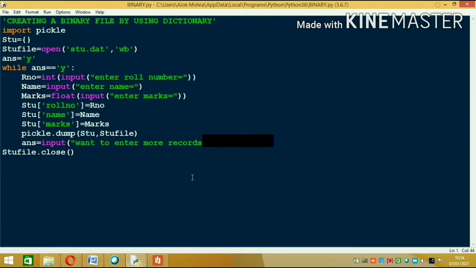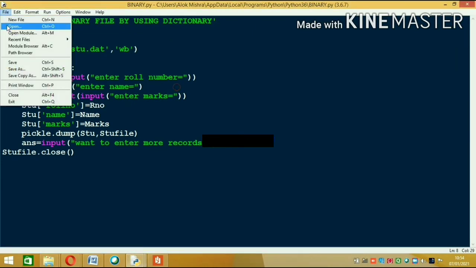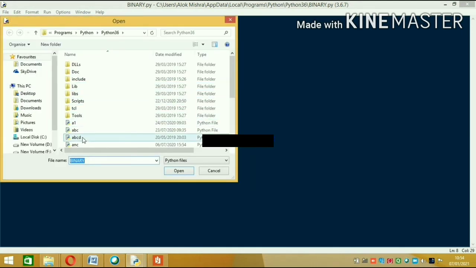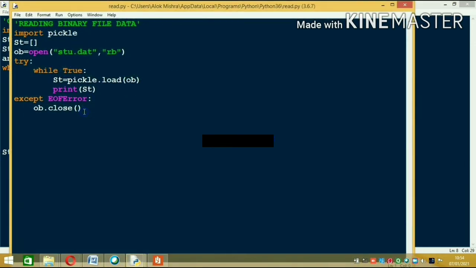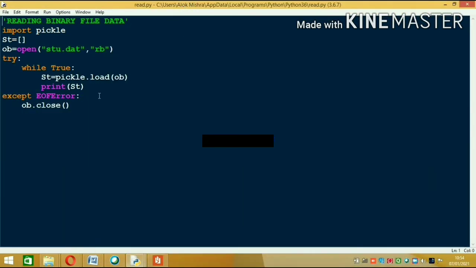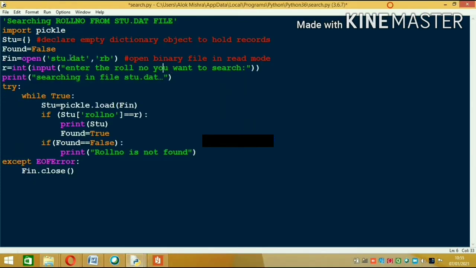Now we can cross-check what data we have added here. We use the same program as earlier for reading the file. I am opening the program, and I will show you where the data is stored. I am going to run the same program to check whether the data is inserted or not. You can write the same code in the same file also, it's up to you. While running, you can see all the data come up. As you can see, roll number 1 and roll number 2 have been added. So in this program we have learned how to add data.